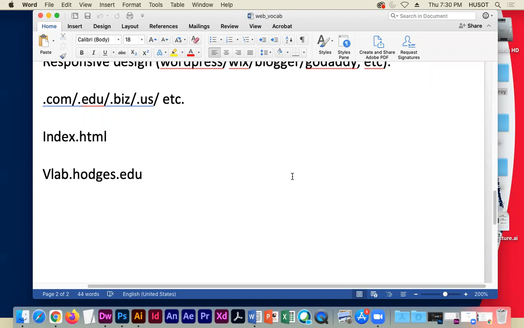The index is the home page. Everything is spawning off of that. We call those primary or level 1 and level 2 pages. And last is